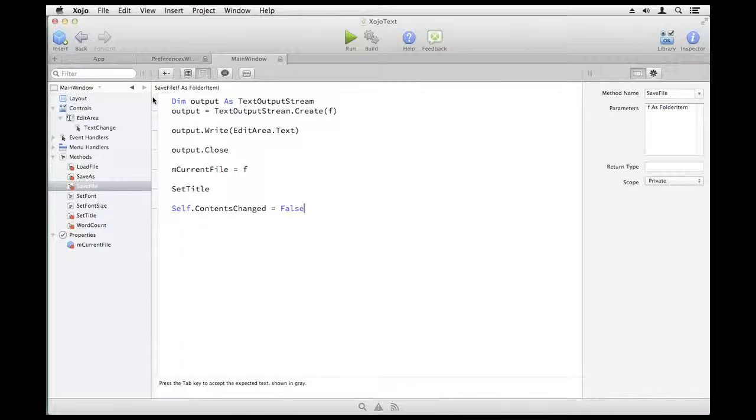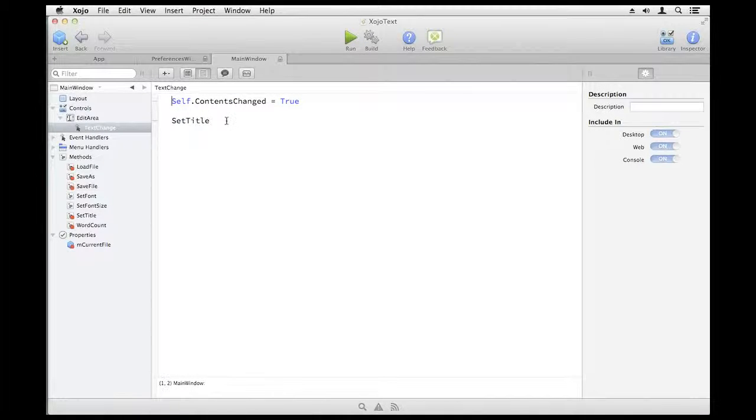One thing you may see on other platforms that don't have that indicator is some apps might throw something in the title bar to indicate that it's dirty, maybe an asterisk of some kind, or even a text note that says edited or modified or something like that. And you can certainly do that as well. And you would probably start to make note of conditional compilation. So if we're running on a Mac, which has this feature, then we can use that technique. Otherwise,